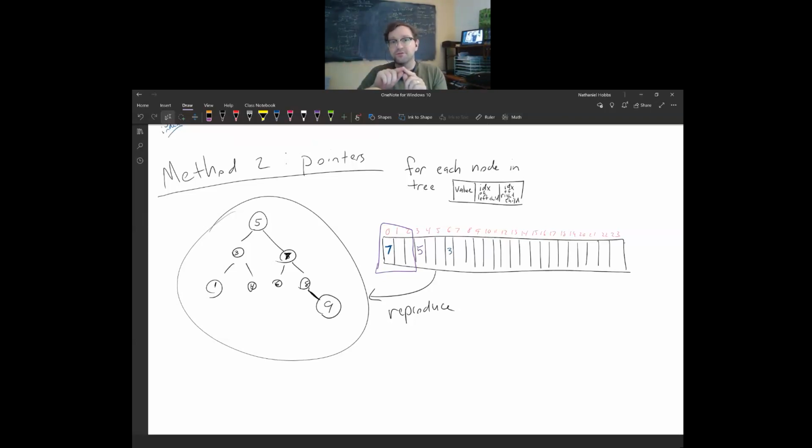you're traversing the tree through pointers, like through taking portals to different locations. So when you're traversing a tree that's encoded in this way,